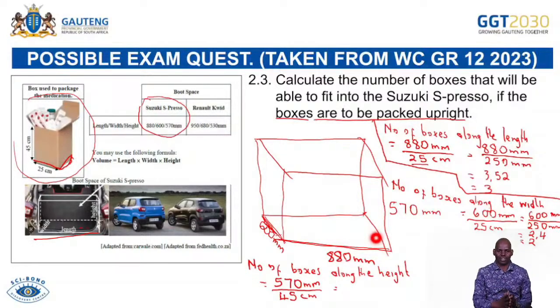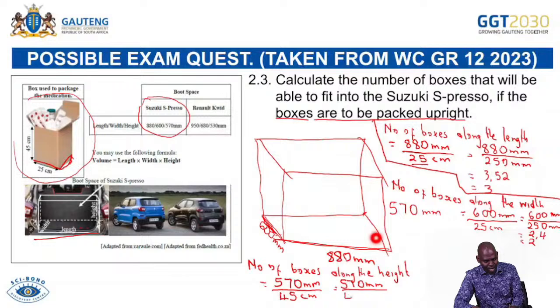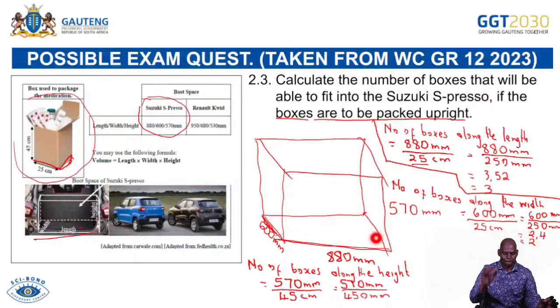We can't divide the millimeters and centimeters, so we have to make sure that they are the same. How do I convert? In this case, I can convert the 45 centimeters to millimeters. How do we convert from centimeters to millimeters? Again, we multiply by 10. So this is the same as 570 millimeters divided by 450 millimeters, because if I convert from a centimeter to millimeter, I multiply by 10. 45 multiplied by 10 is 450, and this will give me, take your calculator, 570 divided by 450, then I